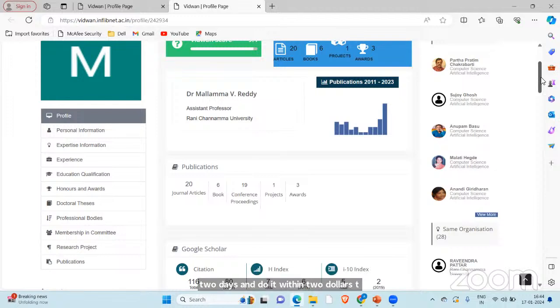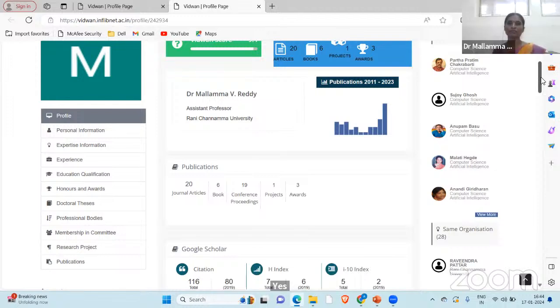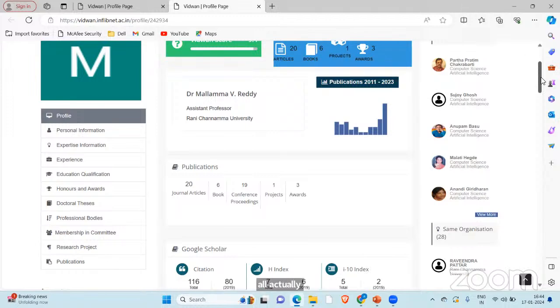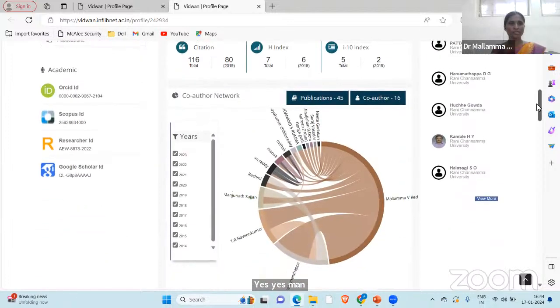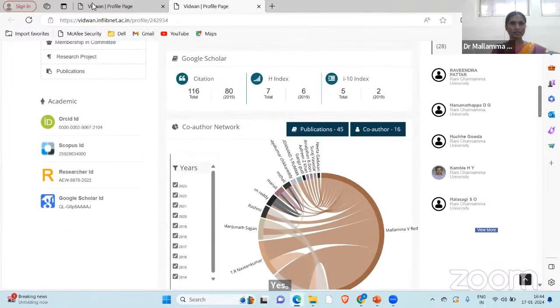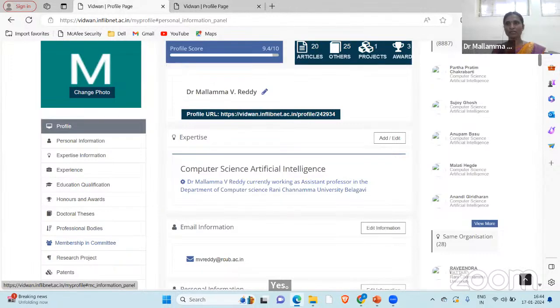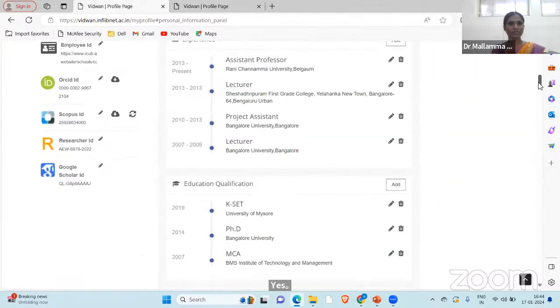Okay, so I hope I convey the same message to all participants now. Can we go with another active research identity or academic identity? Yes, ma'am. Okay, so I will show you here. See, these are the academic identities. Can you see here? Name itself is given here. These are the academic identities.